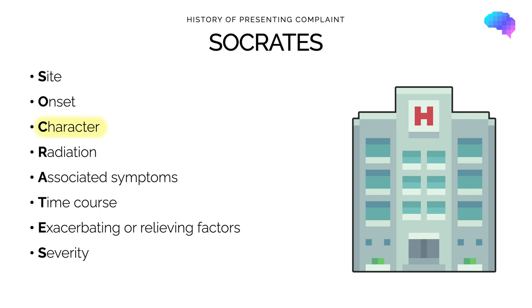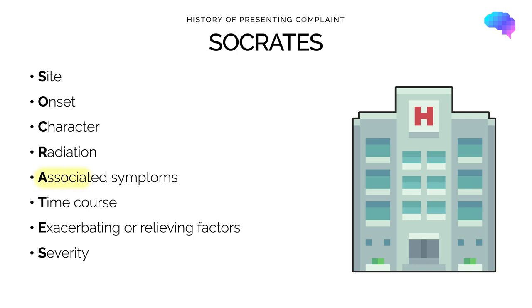It's then important to ask some specific questions to establish the characteristics of the symptom. For example, we could ask patients with breathlessness to describe how it feels. Is it constant or does it come and go? Radiation involves asking if the symptom moves anywhere else. This is most commonly applied to patients presenting with pain. For example, if they have chest pain, does this spread to any other part of the body?